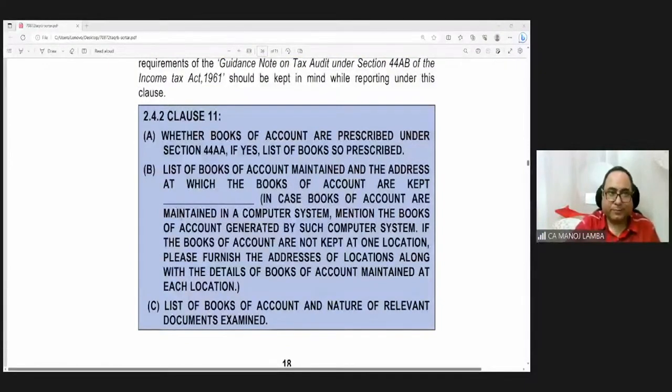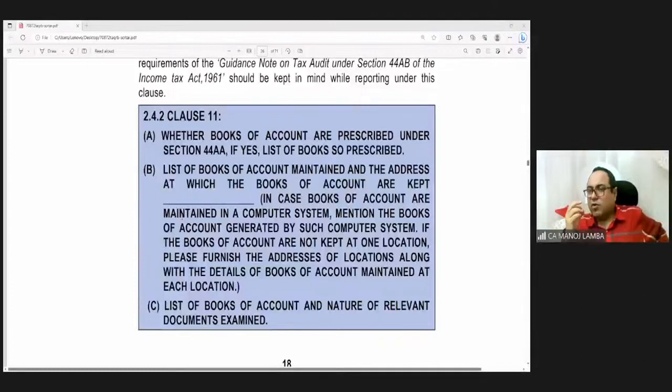Clause 11. Whether books of account are prescribed under section 44AA. If yes, list of books of account so prescribed. And the B clause of clause 11